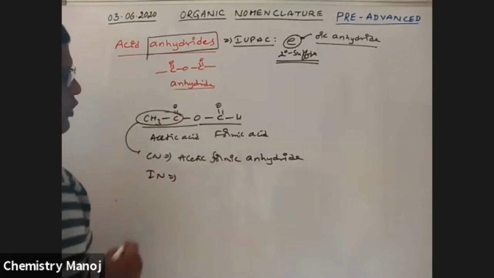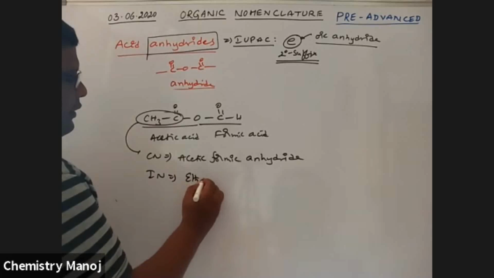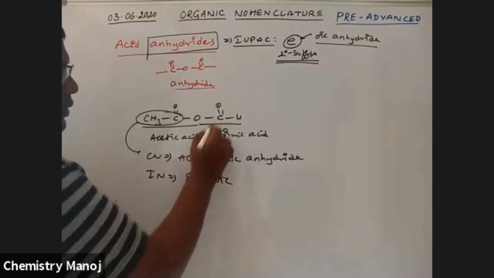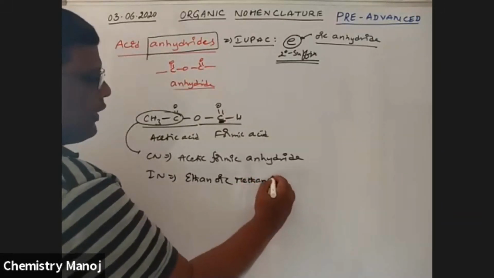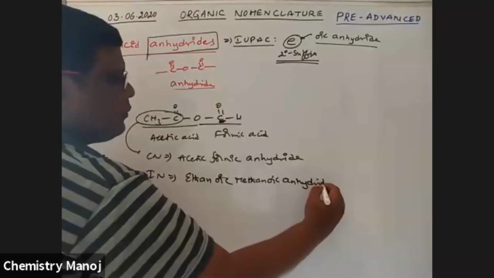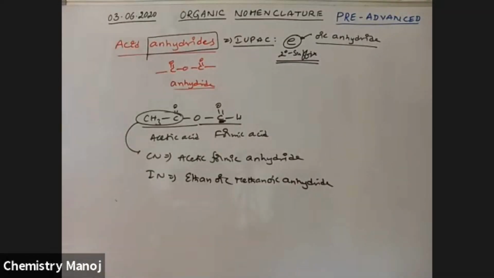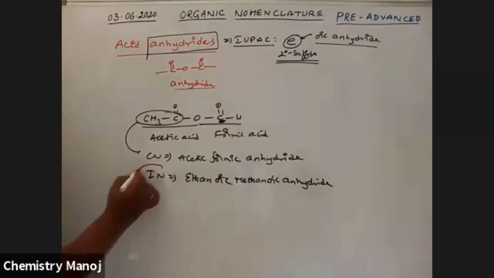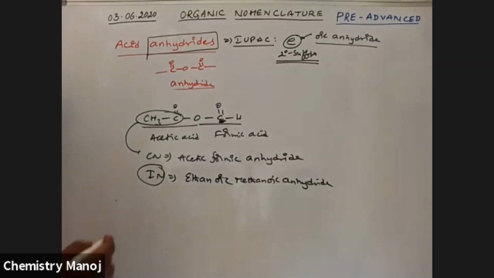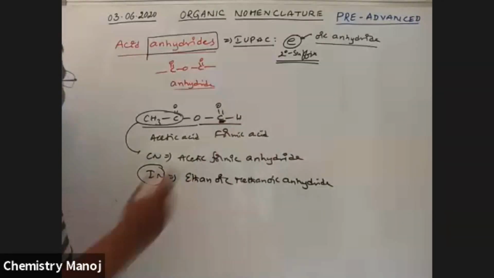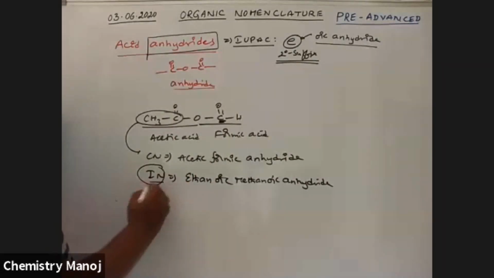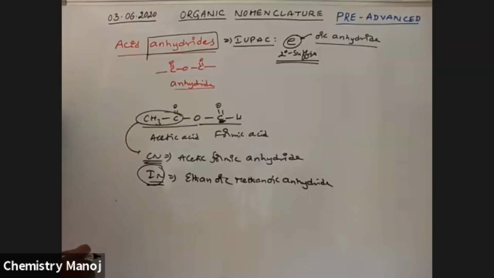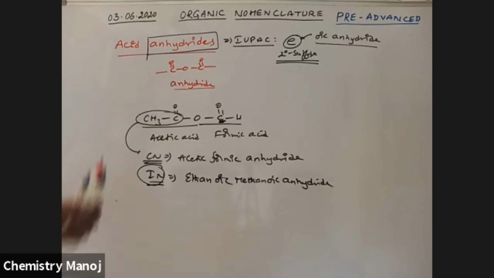So acetic, formic are not used. It is a 2 carbon chain, ethanoic. It is a 1 carbon chain, methanoic anhydride. That is the IUPAC name of this component. So yes, no space, a continuous word: ethanoic methanoic anhydride is the continuous name. So it is the IUPAC name and the common name. Okay, so this is the way to write acid anhydride common names and IUPAC names.